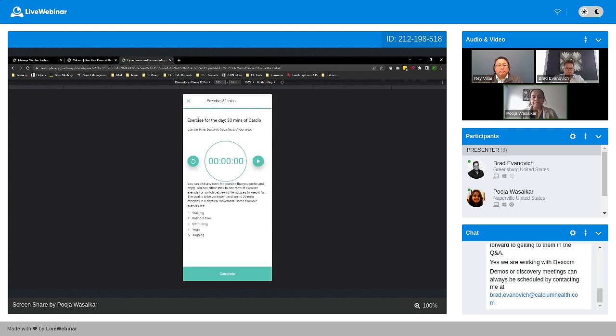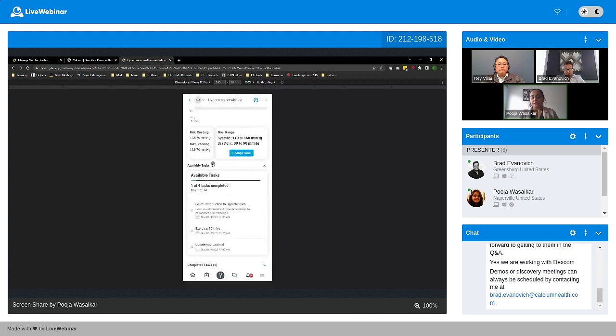This is helping him understand that 30 minutes of cardio is what is needed. He could pick and choose what works best for him, like walking, riding a bike, swimming, yoga, whatever works. He can pick a different activity daily, or continue to stay on one activity. He can also use this timer up here, or he can use any other apps that we integrate with, do the cardio exercise 30 minutes daily, record it there, and we will pull that data automatically in the app. So that is something that he would be doing every day.